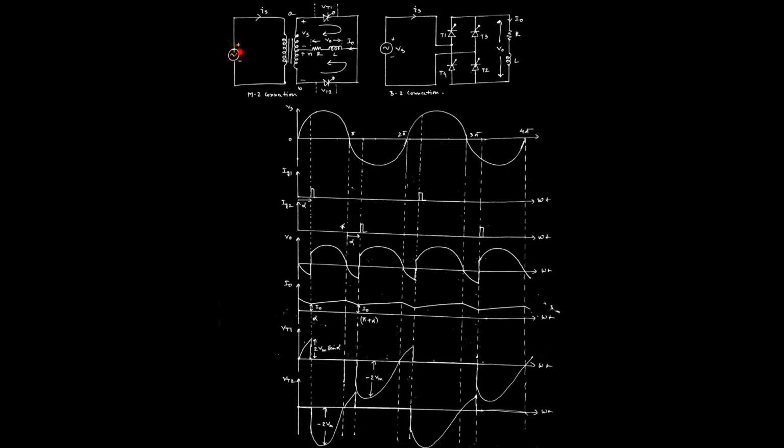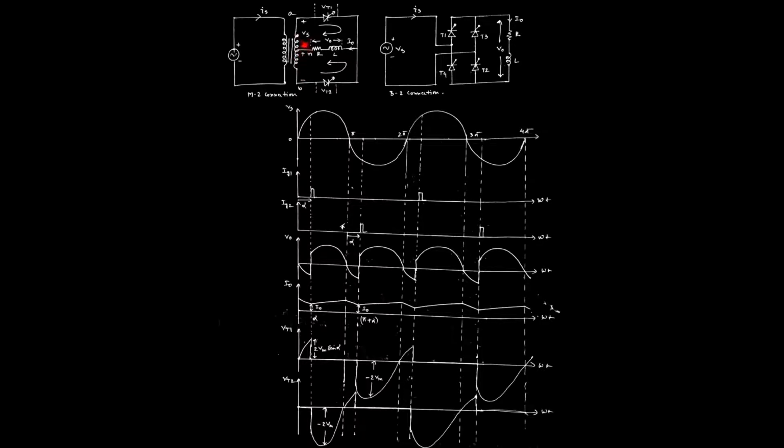That means current is flowing from right hand side to left hand side across the load for the positive half of the supply voltage. Once the supply voltage goes to the negative half cycle, that means after pi, when the supply voltage goes negative, then what happens? The polarity of the supply will be changed. Then the lower part will be positive and the upper part will be negative. A similar effect happens in the secondary winding also, so the upper half will be negative, and for the lower half it will be positive.